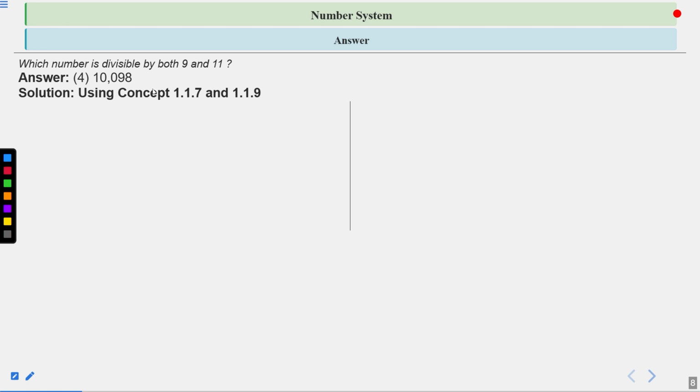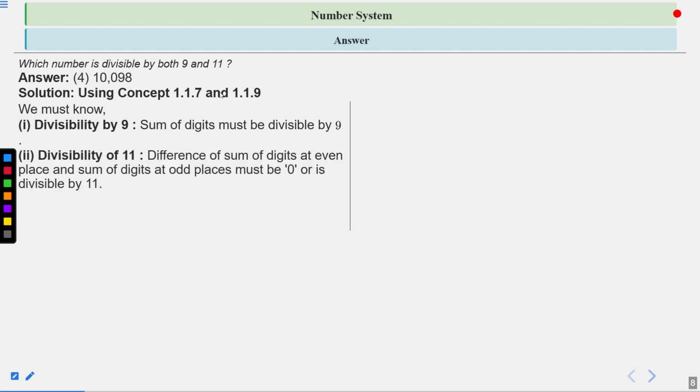Now see the detailed solution using concept 1.1.7 and 1.1.9 in this question. We must know that for divisibility of 9, the sum of the digits must be divisible by 9. And divisibility of 11 says that the difference of the sum of digits at even places and the sum of the digits at odd places must be 0 or divisible by 11, or we can say a multiple of 11. So when we apply this rule on the given options,